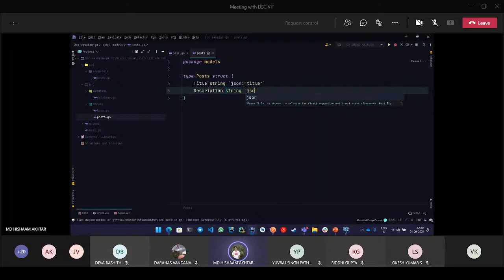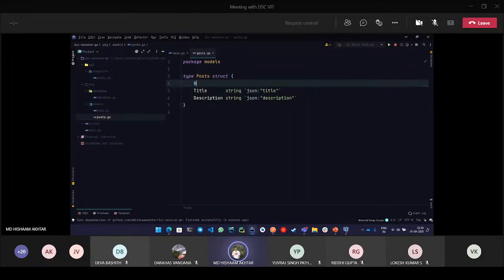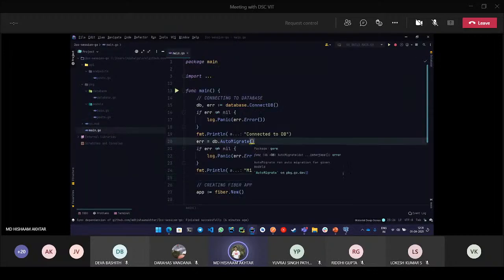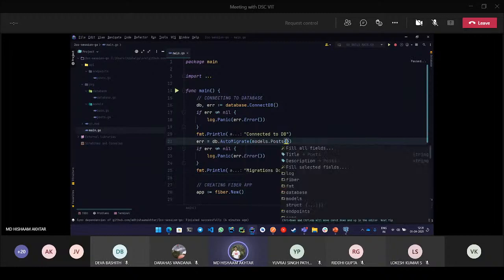And I can have the title. And as I already showed you, you can sort of inherit or compose. So you put the base in here and the title, description, and this is our basic model. And this is how it would be mapped to our database. The only thing that we have to do here is that inside this AutoMigrate, we put models.Post,